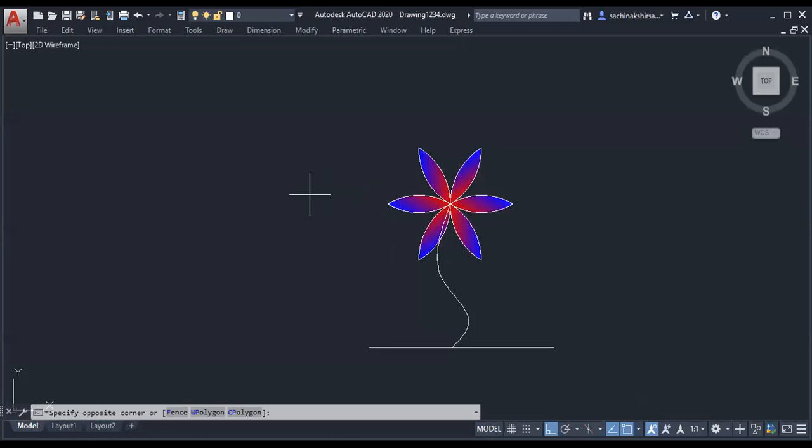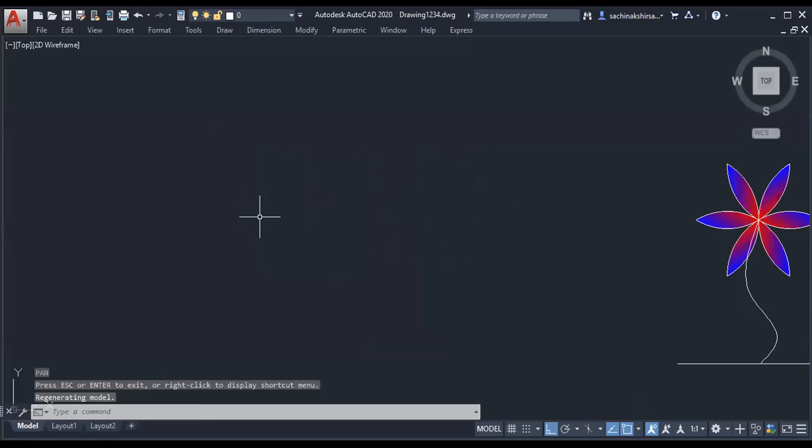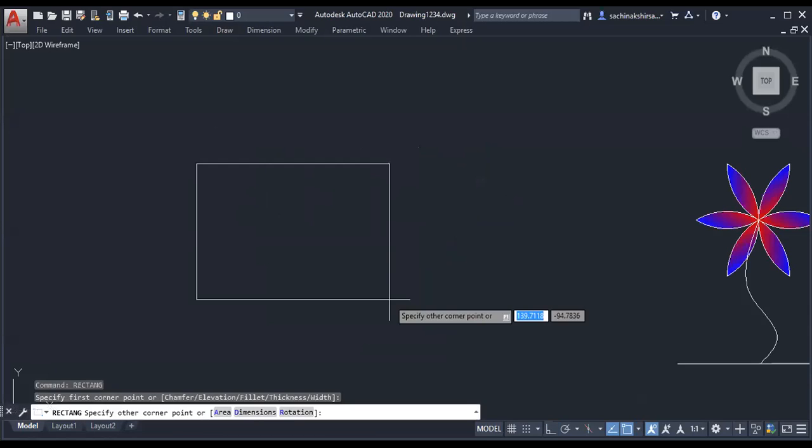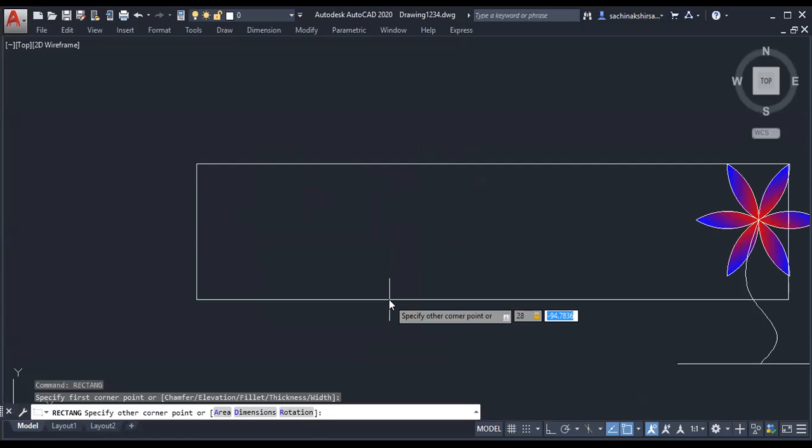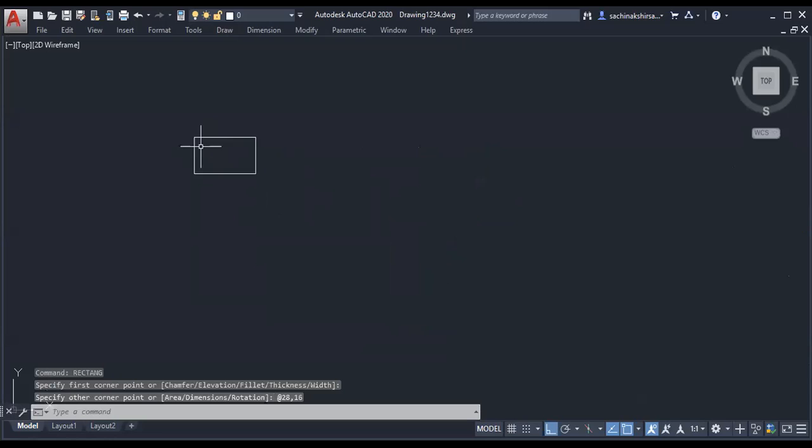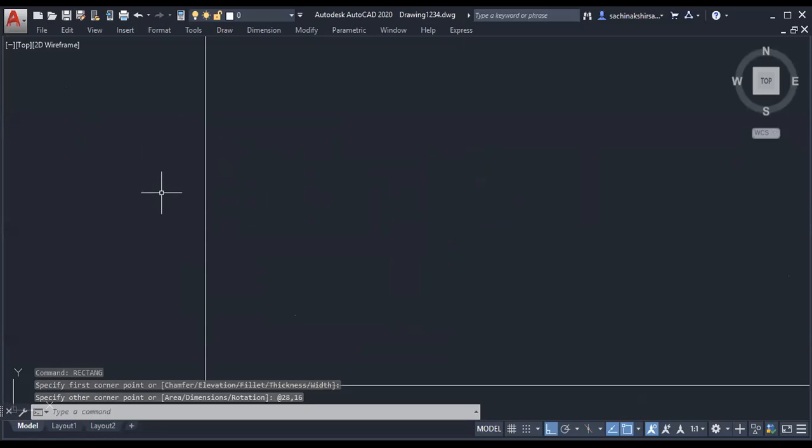So this drawing we will see here, how to draw it. Okay, first what do we have to do? We have to draw a rectangle. How many inputs are required to draw a rectangle? 2. First one is horizontal or vertical? Horizontal. And the second one is vertical. This is our rectangle. The first rectangle is there.